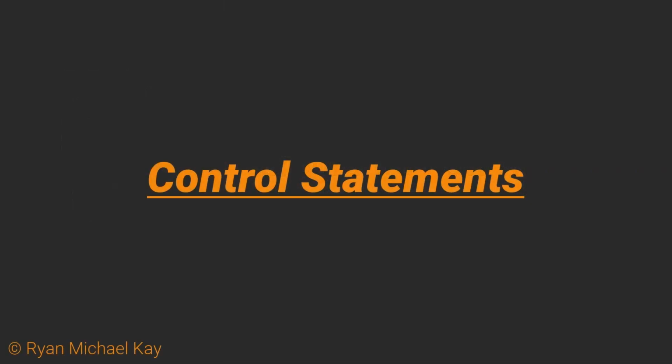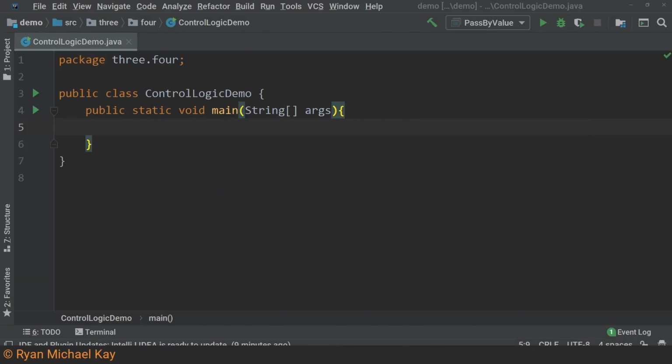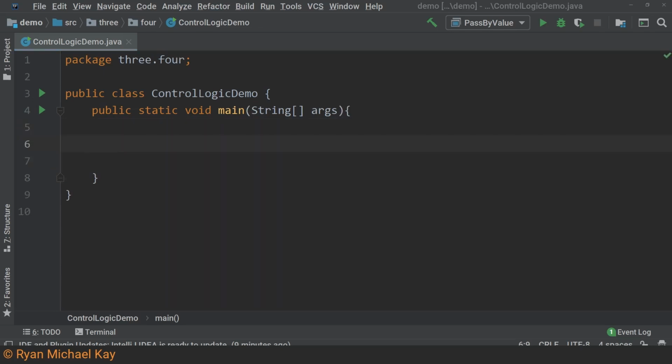Control statements are used to direct the flow of an application in a logical way. They represent a form of decision-making capacity which allows programs to react appropriately to different states or data and potential problems, which we call exceptions. In this video, we will write out a few examples to learn and practice the basics. Most control statements make use of what are called Boolean expressions. I will not go into great detail here, but it is worth mentioning that Boolean algebra is one of the most fundamental and important concepts to study in the creation of digital computing systems. In any case, we will stick to Java-specific discussions.